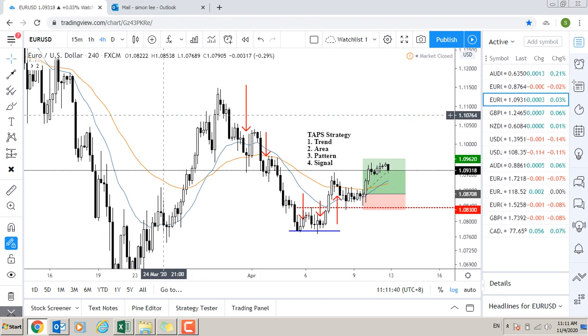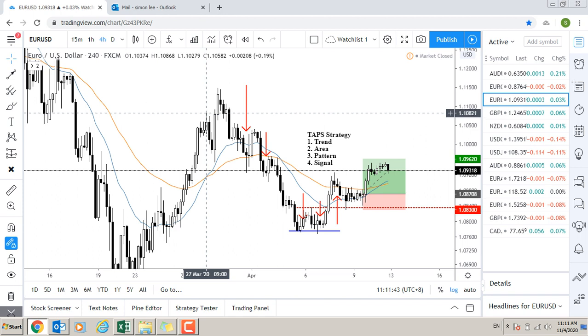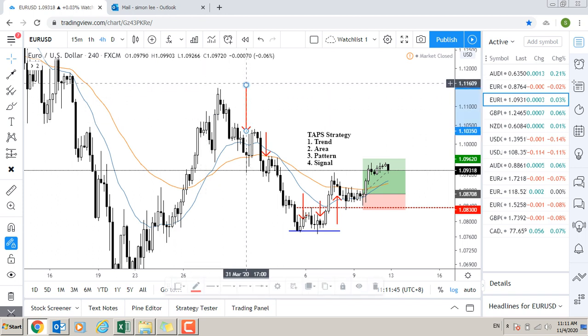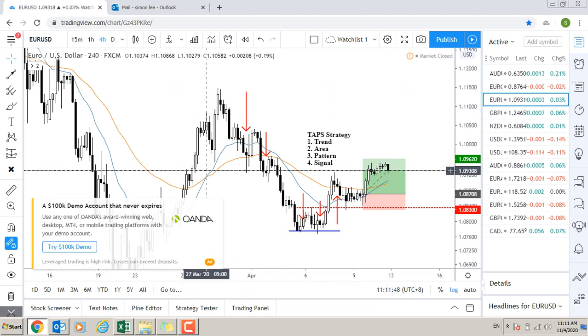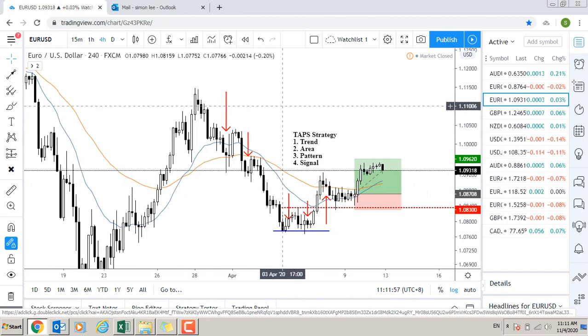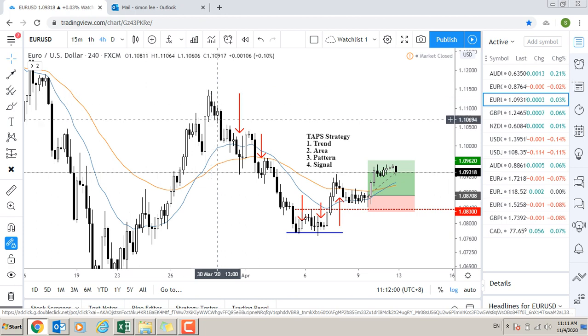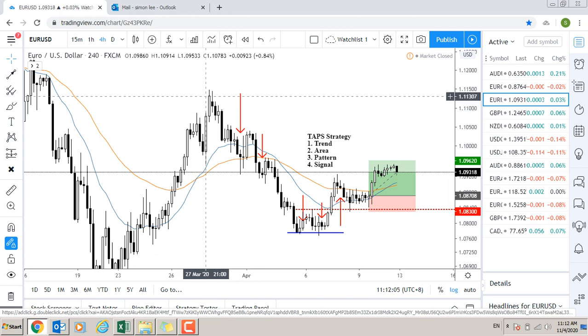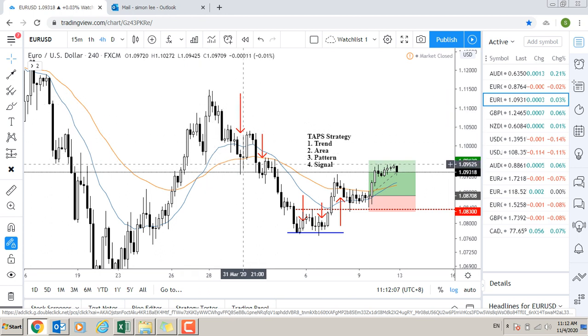The third one is pattern and signal. Basically the third one, pattern, to me is a confirmation. I like to see some pattern occur before I look for the signals. So what does that mean? Let's say for example this trend. We can see the first arrow is the first low, the second is the lower low, then this is the lower high. So after this, price actually breaks out